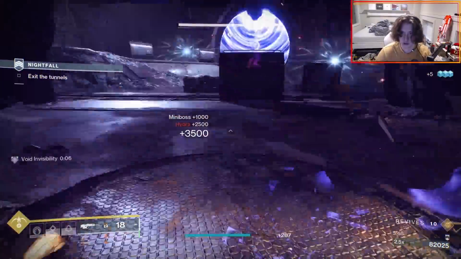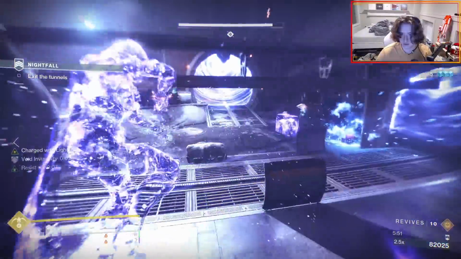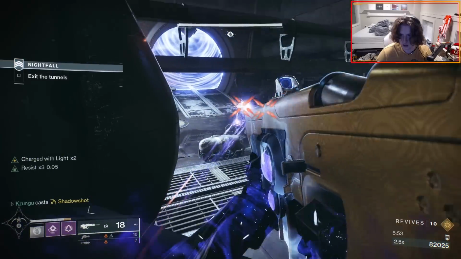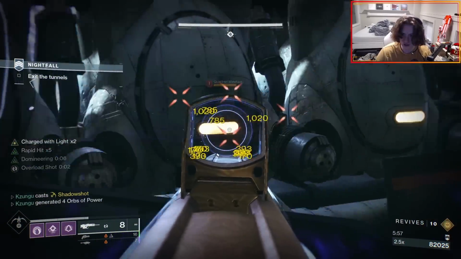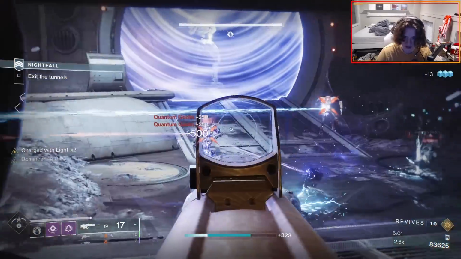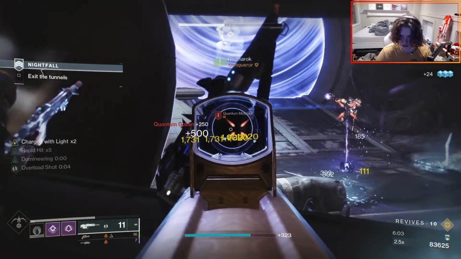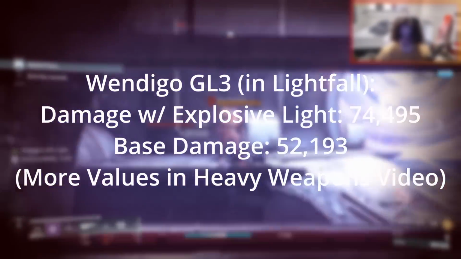But just so you know, for Wendigo, every grenade buffed by Explosive Light currently deals 62,079 damage, and every non-buffed grenade deals 43,494. Factoring in the 20% buff to heavy grenade launchers in Lightfall, those values will change to 52,193 for normal non-buffed shots,